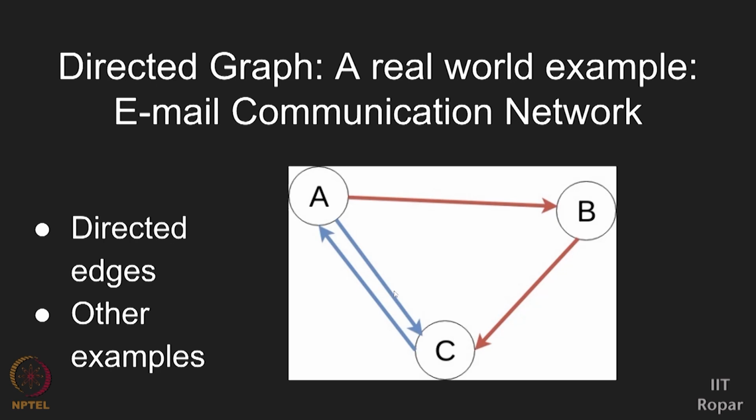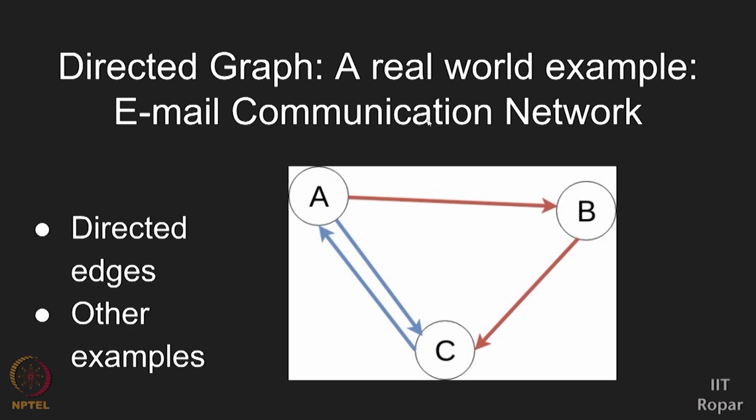Like this, the motto here is to make you understand that there would be directed edges, and what the directed edges signify in different networks. We had taken one example of an email communication network. It can be WhatsApp communication. Someone has messaged you on WhatsApp, there is a directed edge from that person to you. If you reply back, you will get a back edge. If you don't reply, you won't get a back edge. So that can be a WhatsApp communication network, a mail communication network, anything, a communication network in general. Or in academia, you have the citation network, and in the marketing domain, we have the supply chain network.